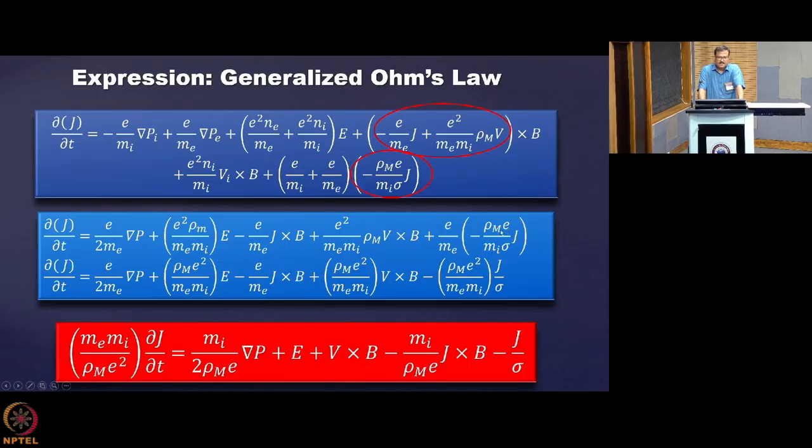E over here and E over here multiply and form E square, and then rho m is there, and then me mi into j by sigma. So what we are getting here now is del j del t equals e square rho m by me mi times the bracket, with the same factor appearing in three places: here, here and here. So if we multiply the reciprocal of this on either side, then these factors will go and we will be left with a much better looking equation.